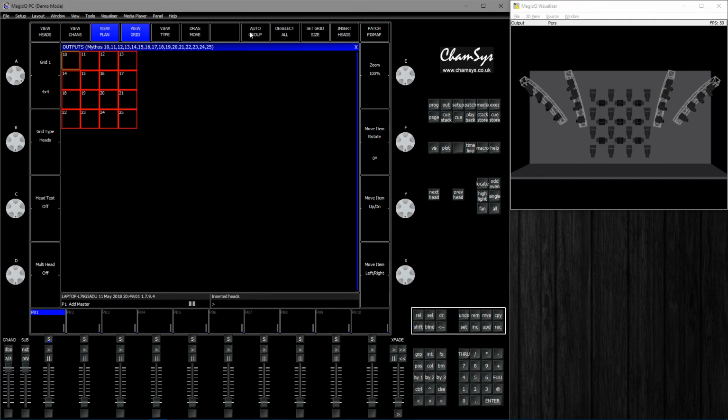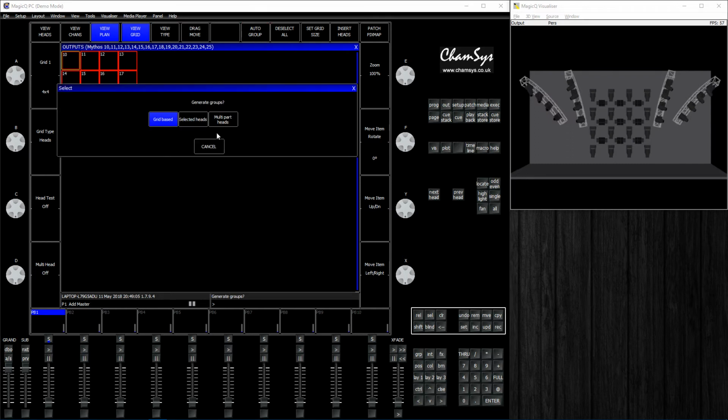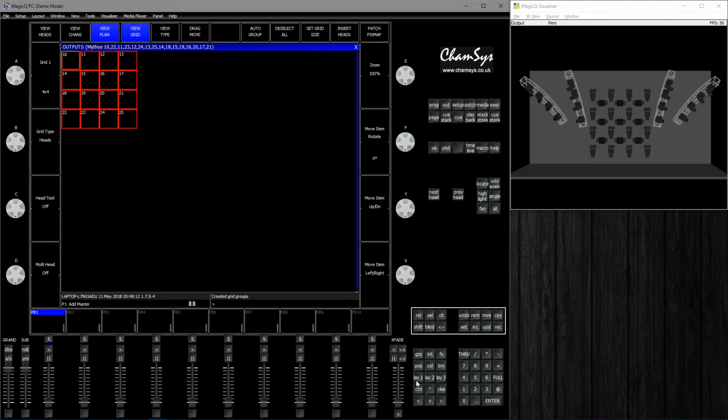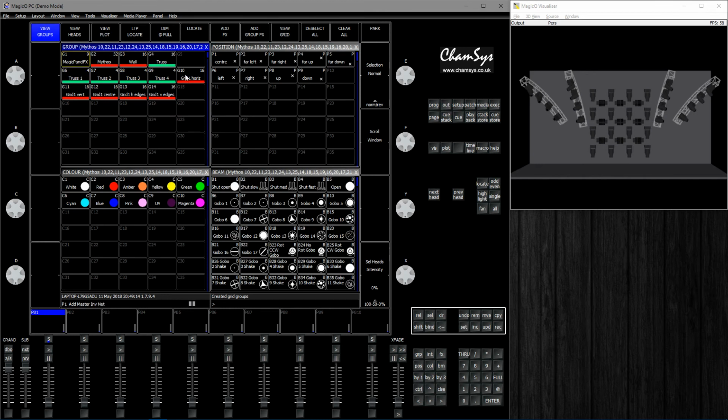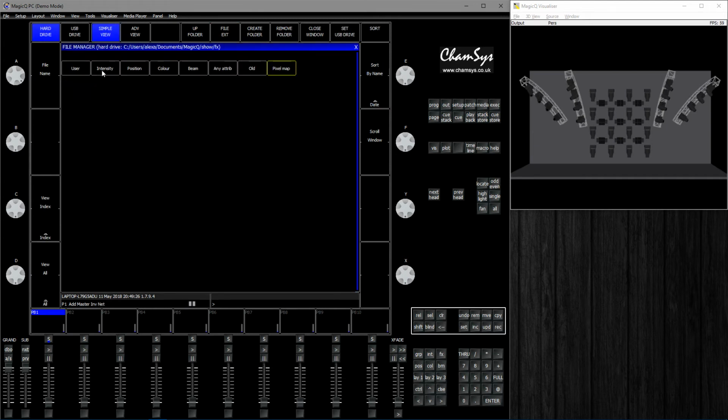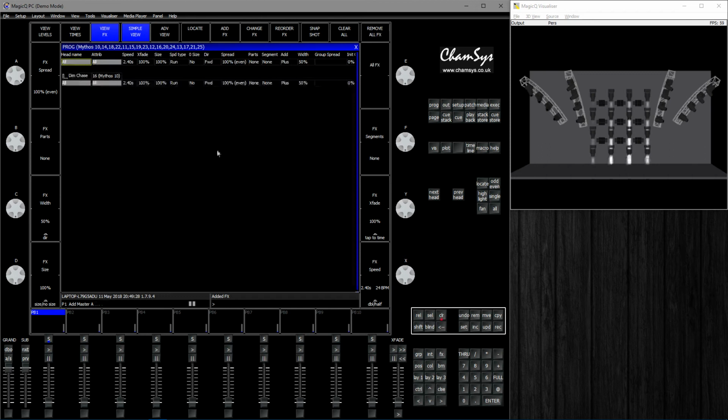Now you can press order group, which will create a couple of groups automatically. So grid based would be, when you click grid based, it creates groups based with a selection based on the grid. So if I go and make a quick dim chase,